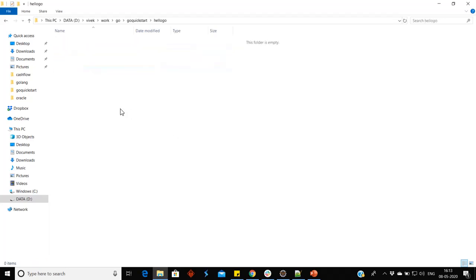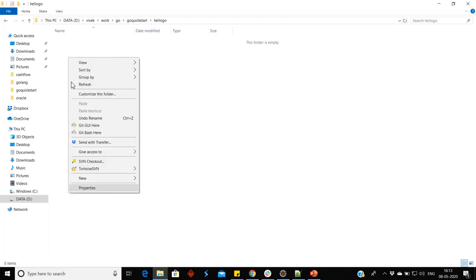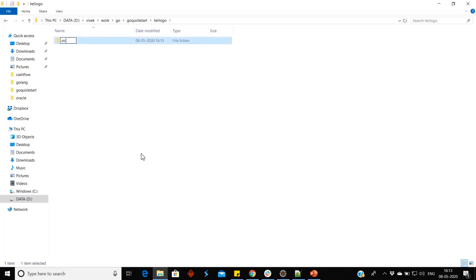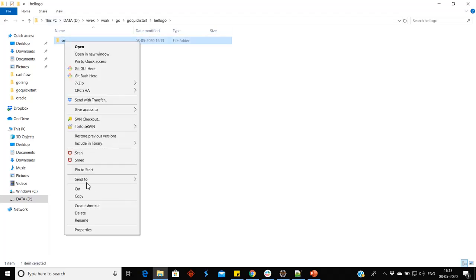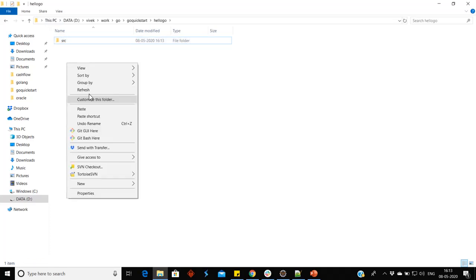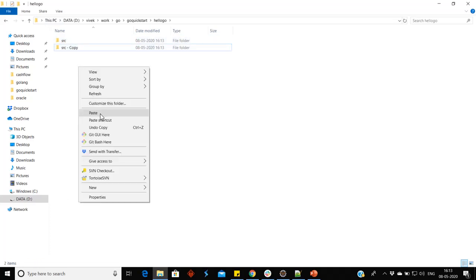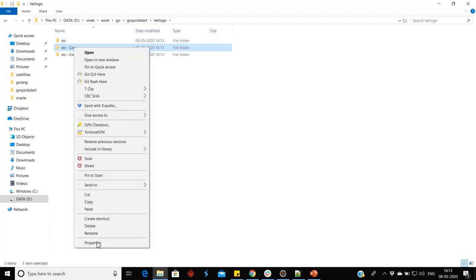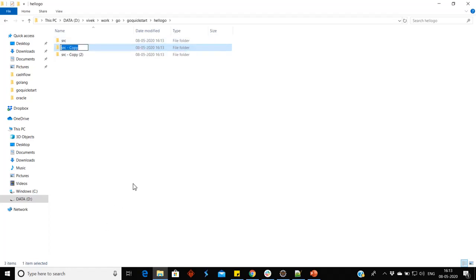Now we will follow the Go standard structure: src, pkg and bin folders. src is for source, bin for binary, pkg for library.